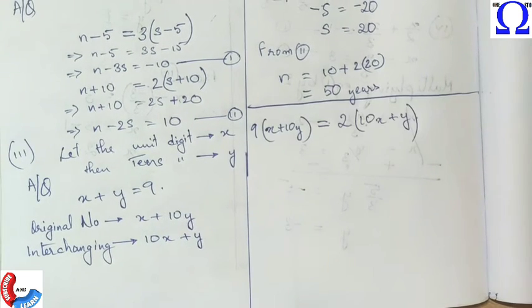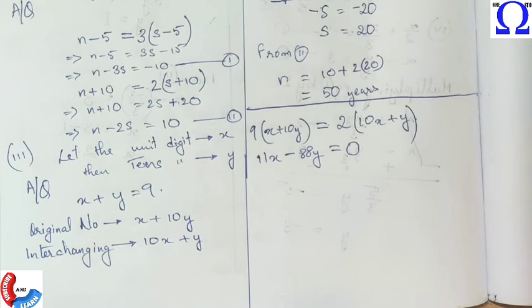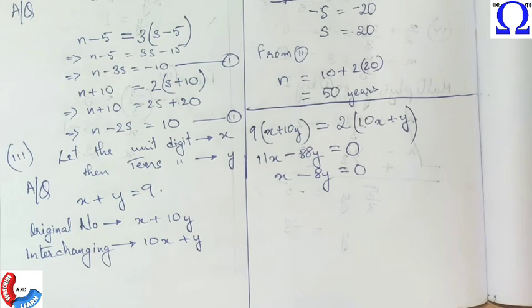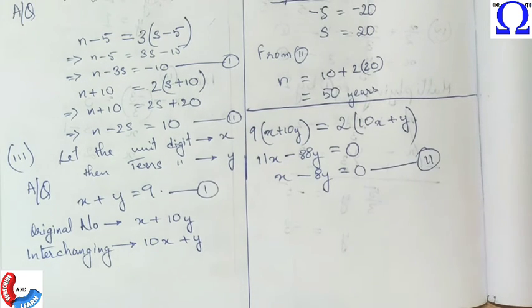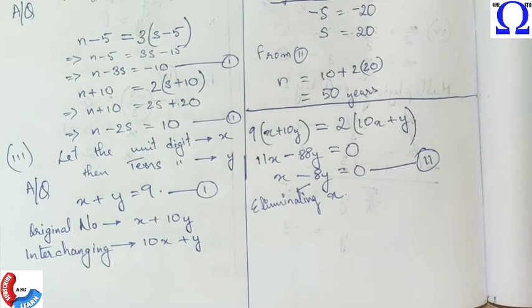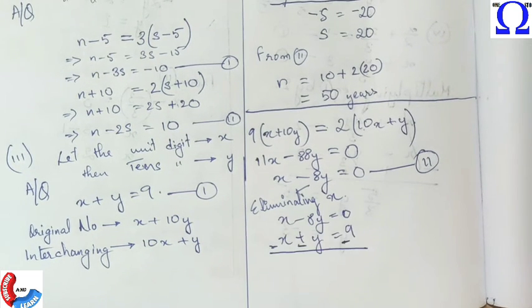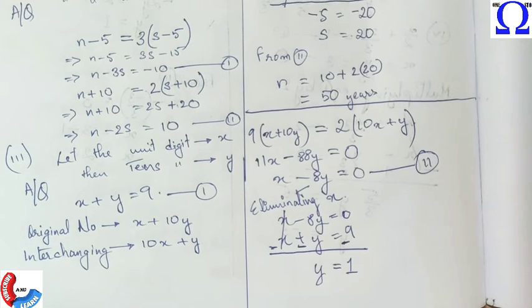I hope you have got the concept here of how I made this equation. So this is our equation. We can simplify further by dividing it by 11, because 88 and 11 both are divisible by 11. Therefore I have simplified in a better way. So we have got our two equations. Now we will be eliminating x here. For that we need to subtract these two equations and find the value of y to be 1.